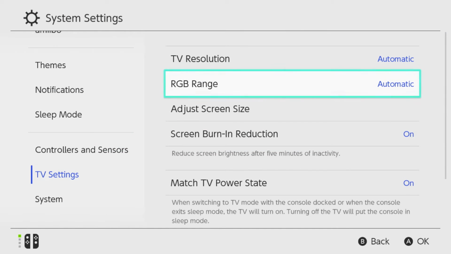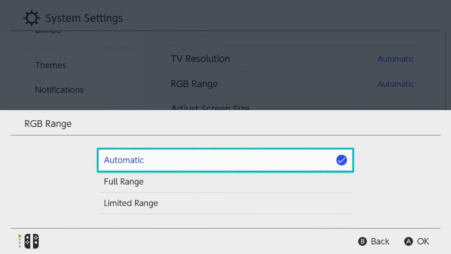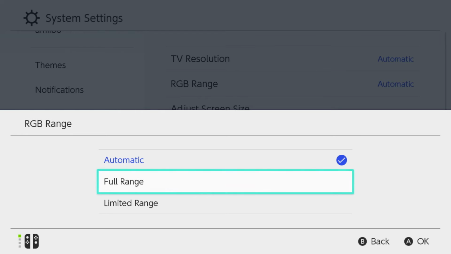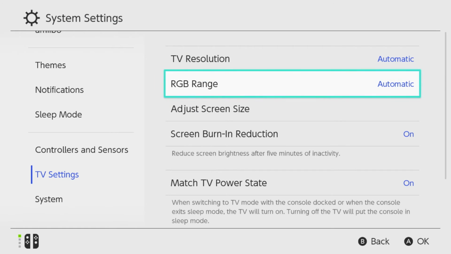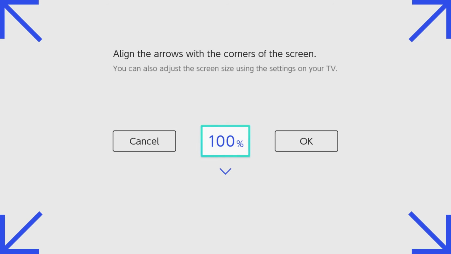Now, when it comes to RGB range, I recommend you use automatic unless you know for a fact that your TV or monitor supports full range, because if you turn it to full range, this will crush the blacks on your screen. So we're going to go back, and when it comes to adjust screen size, this is a good